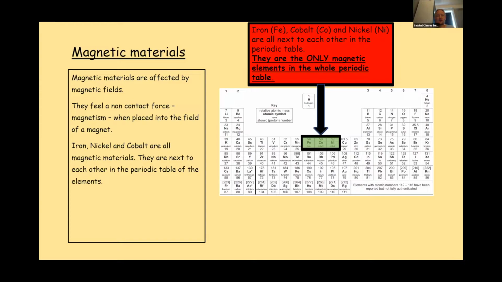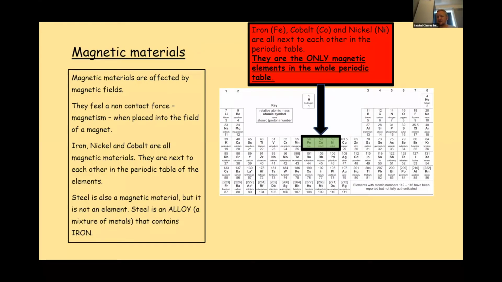Iron, nickel, and cobalt, again, are all magnetic materials because they're next to each other in the periodic table. It makes it easy to identify them. Steel is also a magnetic material, but steel is not an element, so it doesn't appear in the periodic table. Steel is what we class as an alloy, which is a mixture of metals, and it contains iron, which is